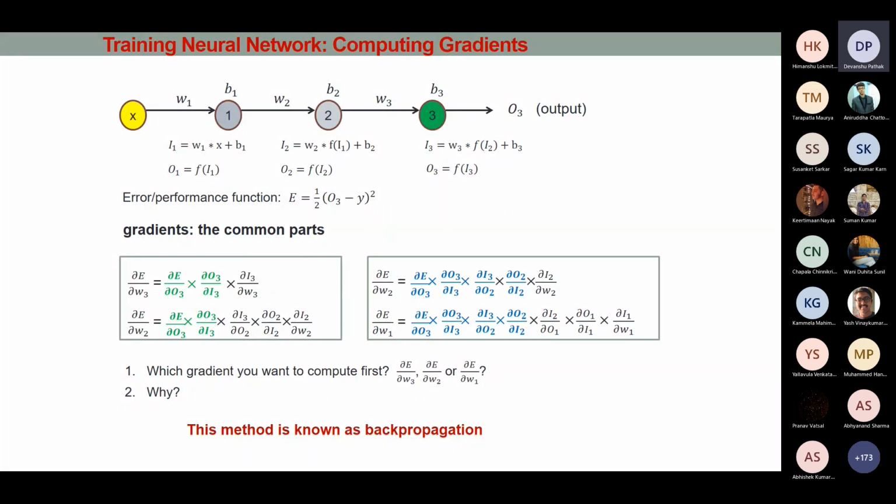Okay, but if you go the other way around, for instance, first compute ∂L/∂W1, then there is no way you can reuse that. That's a difficult thing to do. So you have to basically compute again and again and again, repeatedly, which is basically wastage of computation time. So that is precisely the reason it is called backpropagation.